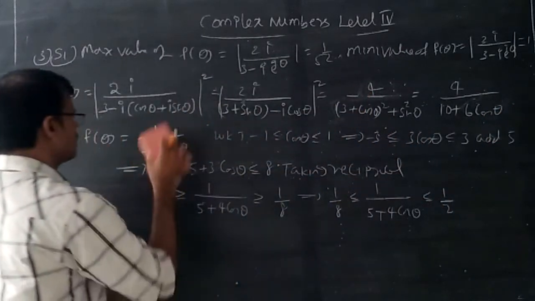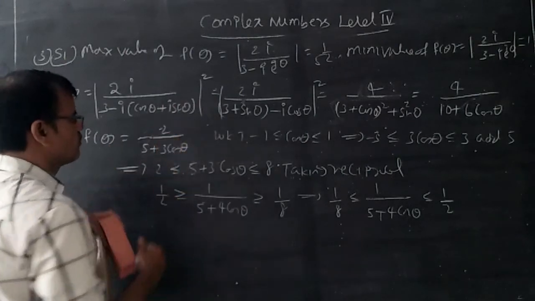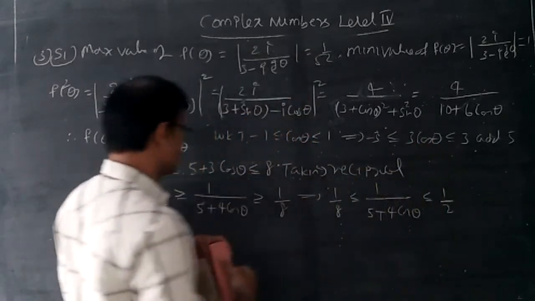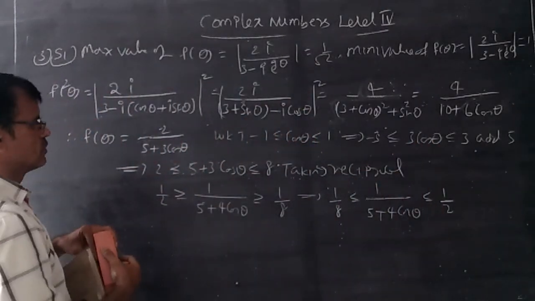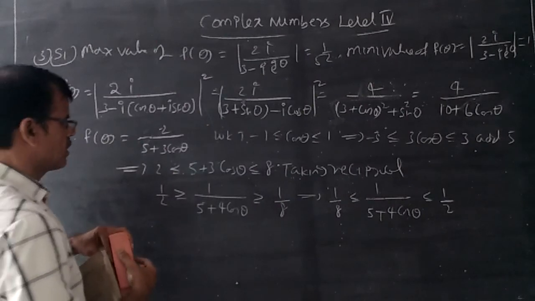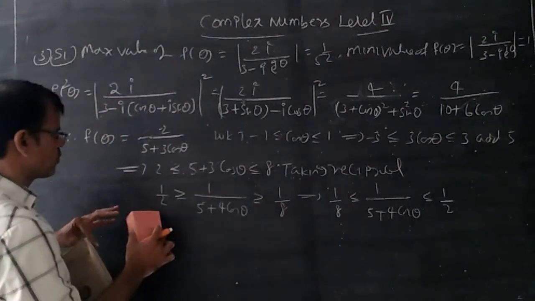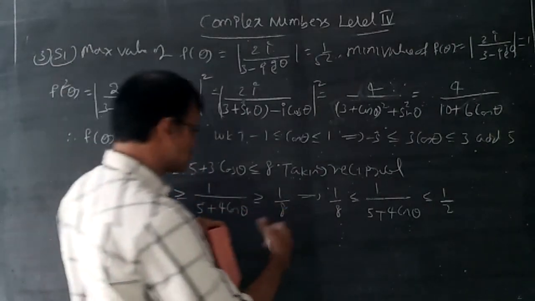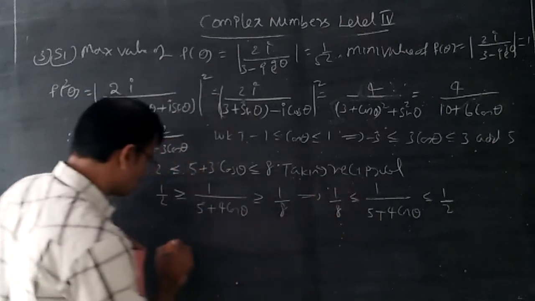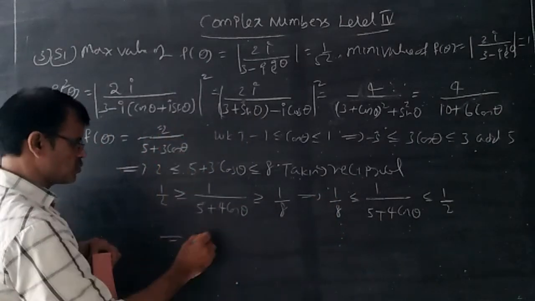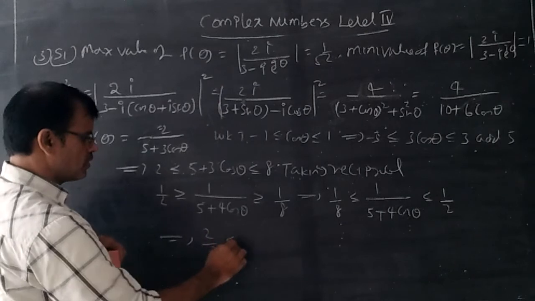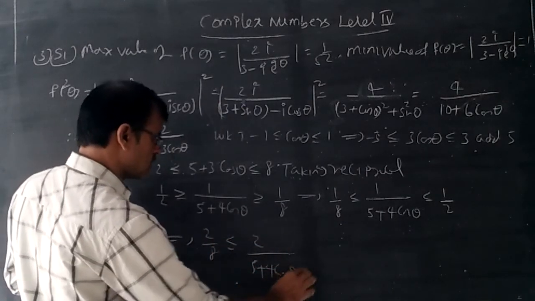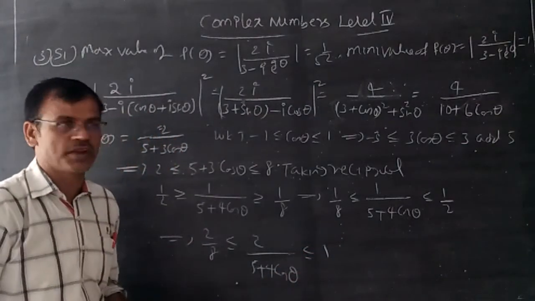So with 2 you multiply here: 2 by (5 plus 3 cos theta). The same concept we can apply. Minus 3 less than or equal to 3 cos theta, everything okay. Proceed. Now add 5. It's okay: 2 less than or equal to, now taking the reciprocal, 1 by 2, it's also okay, 1 by 8. Now we need the 4 by this one, so with 4 you multiply. 4 by 8 less than or equal to 4 by (5 plus 3 cos theta) less than or equal to 4 by 2, which becomes 2.